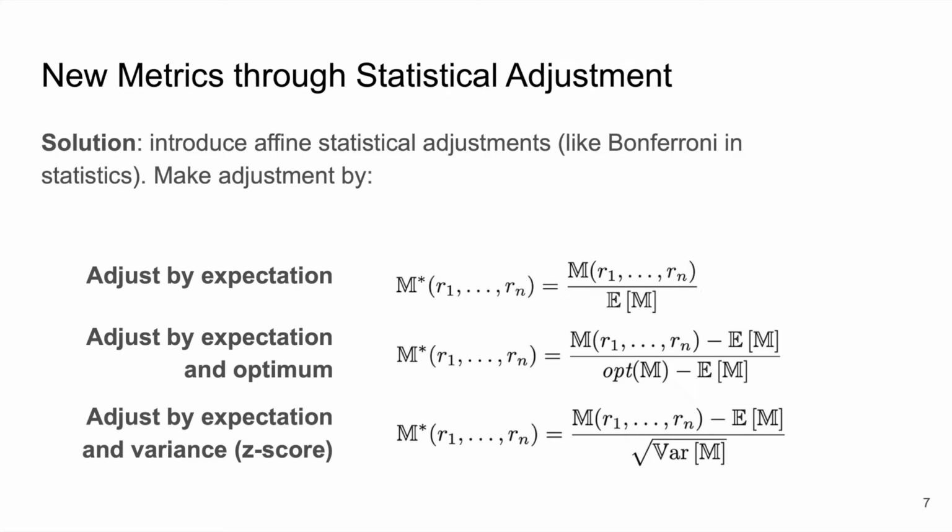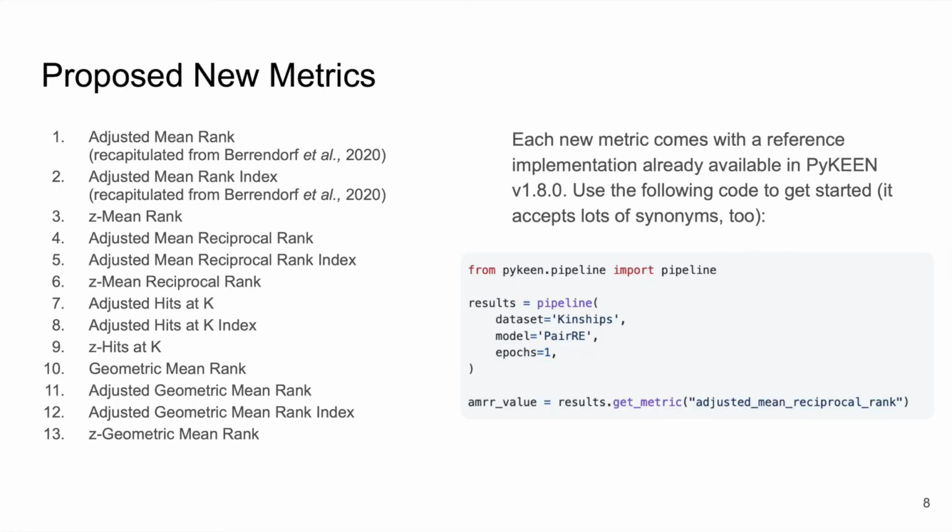And this works because of the central limit theorem, and it gives us a very simple statistical perspective to the results, which can also be interpreted using the inverse CDF of a standard Gaussian distribution. So each of these adjustments takes the notions of a base metric and helps them satisfy our original 4 desiderata that we started with. So overall, we've proposed several derived metrics from the 3 presented in the beginning, as well as some additional ones based on the geometric mean and alternative post-aggregation functions, which we're not covering in this presentation, but we detail a bit more in our manuscript.